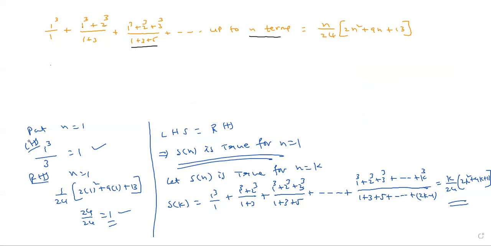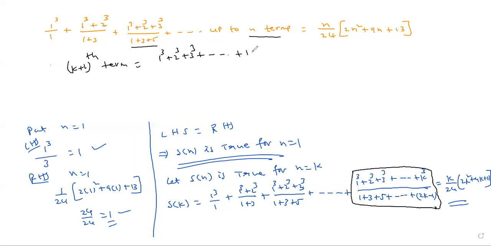Now you just write the k plus 1th term. In the kth term, in place of k, you just write k plus 1. The numerator will be 1 cube plus 2 cube plus 3 cube plus up to k plus 1 whole cube, by